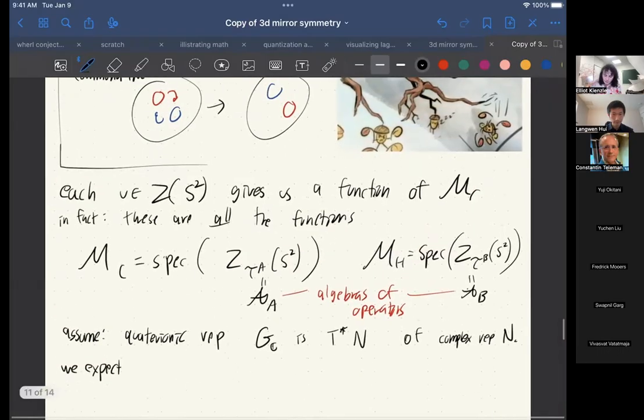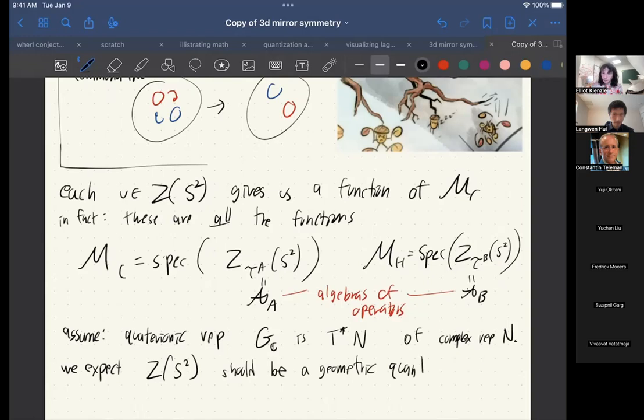Oh, what do we expect? Okay, let's give us some more space. We expect that whatever we assign to S2 should be okay, now I'm going to say something which is again part of the physical system of belief. It should be a one-dimensional quantization of the moduli space of maps, which is some infinite dimensional space. So it should be a geometric quantization of a space of admissible maps